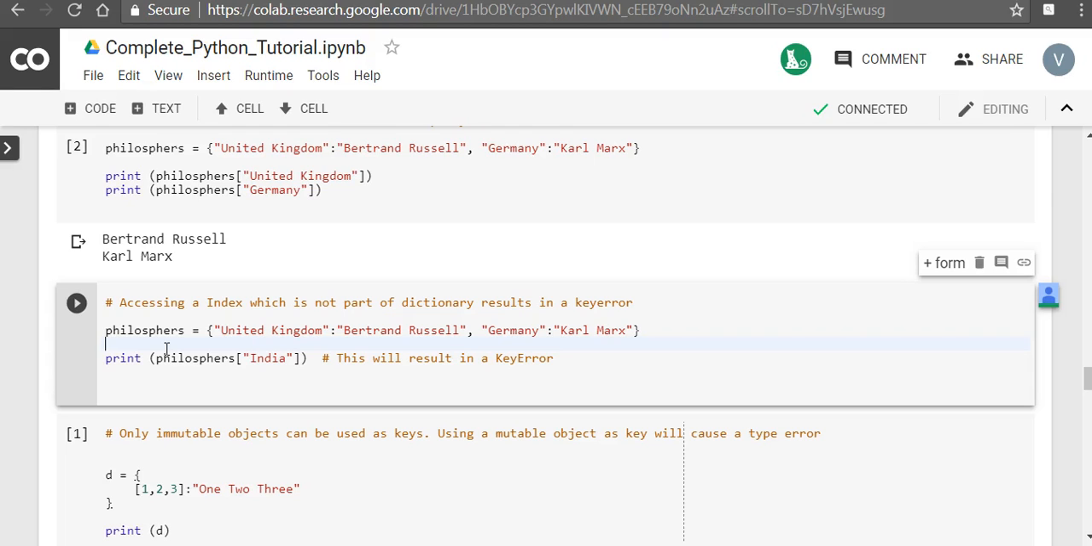When you access an index which is not part of the dictionary, it results in a key error. So for example, here India as a key does not exist. So when you run it, there will be a key error,